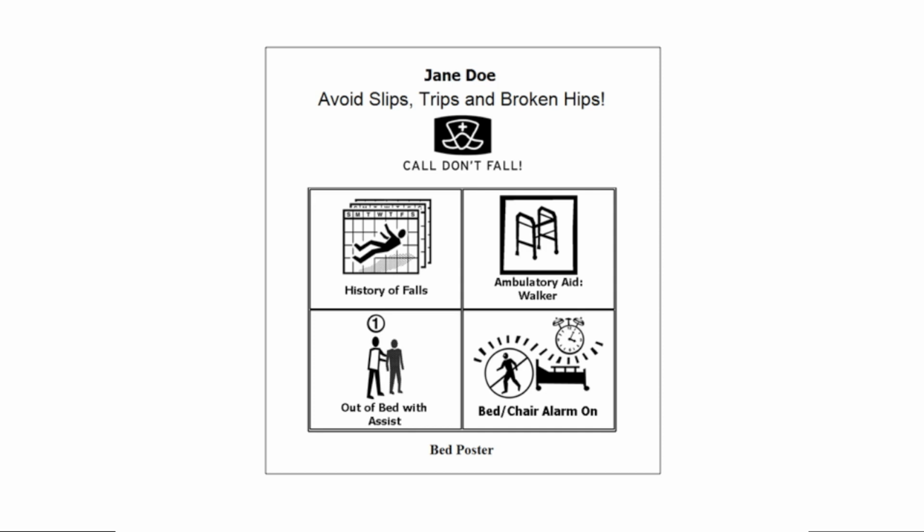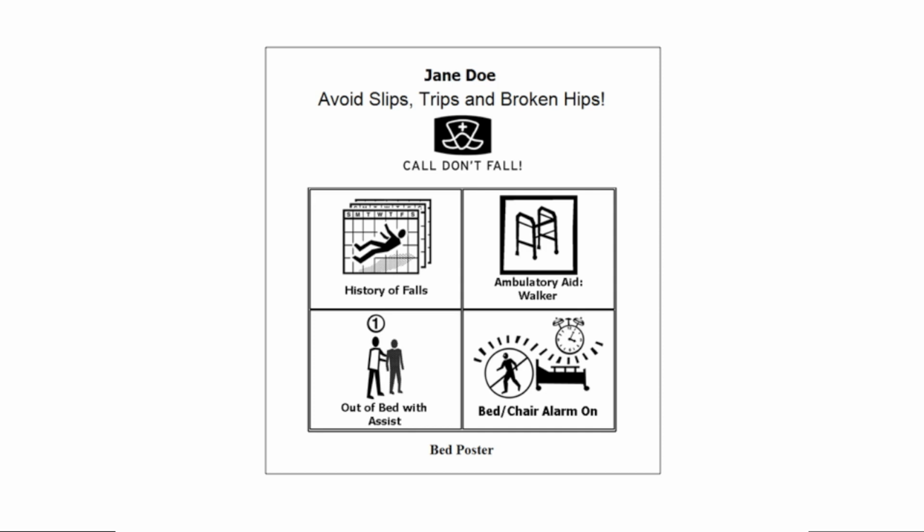For this patient, Jane Doe, if I answer Jane's call light, I could see that she has a history of falls, which means she's fallen before. She's more likely to fall again and under similar circumstances. So I would ask her about that fall. If Jane tells me that she needs to go to the bathroom, I can see that she's one person assist, so I can get her up by myself. If there's a walker and a cane on the windowsill, I know that the walker belongs to her, that she should be walking with her